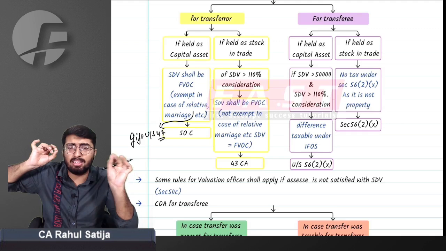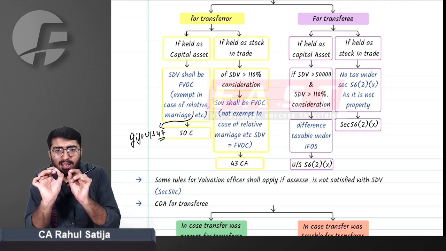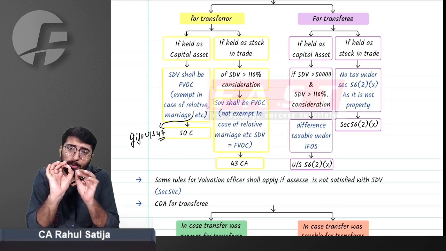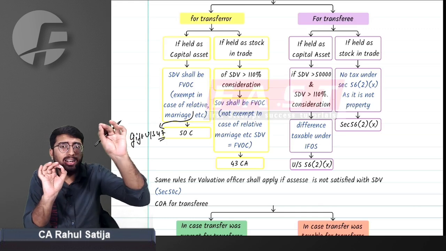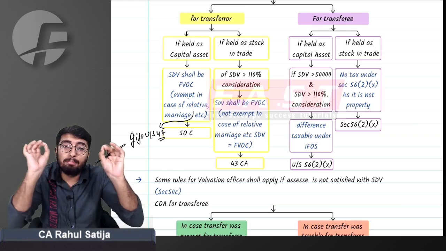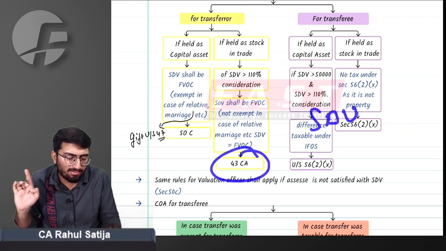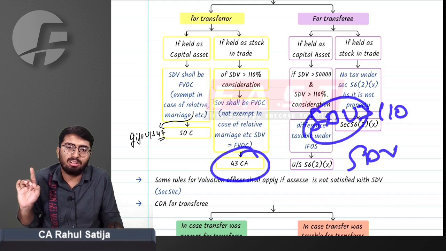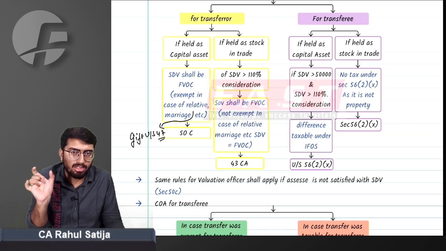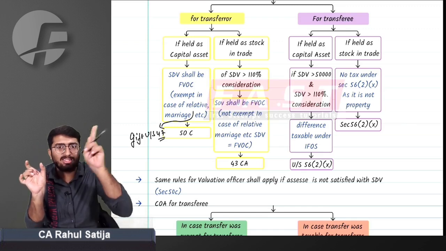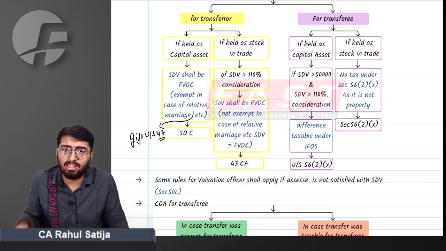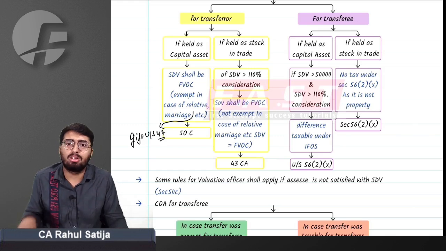Sir, it does not even exempt a gift as transfer. Whenever you hold a property as stock in trade and you transfer such property at a lower consideration, gift provisions will not apply, exempt transfer provisions will not apply. Simply 43CA will apply. If SDV is greater than 110% of consideration, then SDV will be the consideration. That means if property is held as stock in trade by Rahul, and he transfers such property even without consideration or at inadequate consideration, then provisions under section 43CA will apply to Mr. Rahul. Got this point or not?